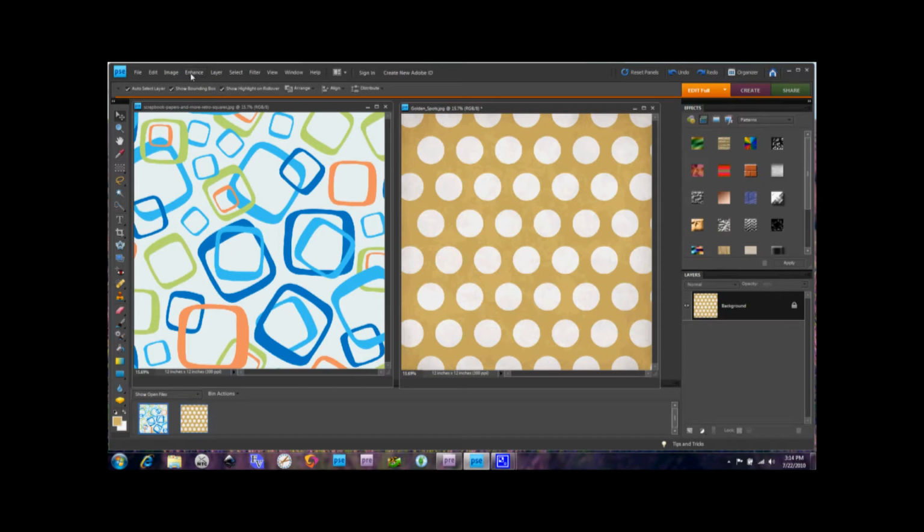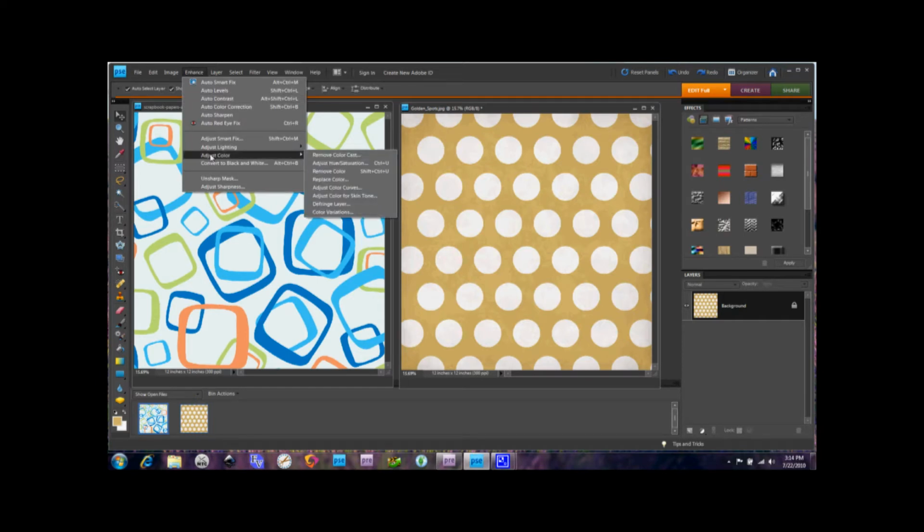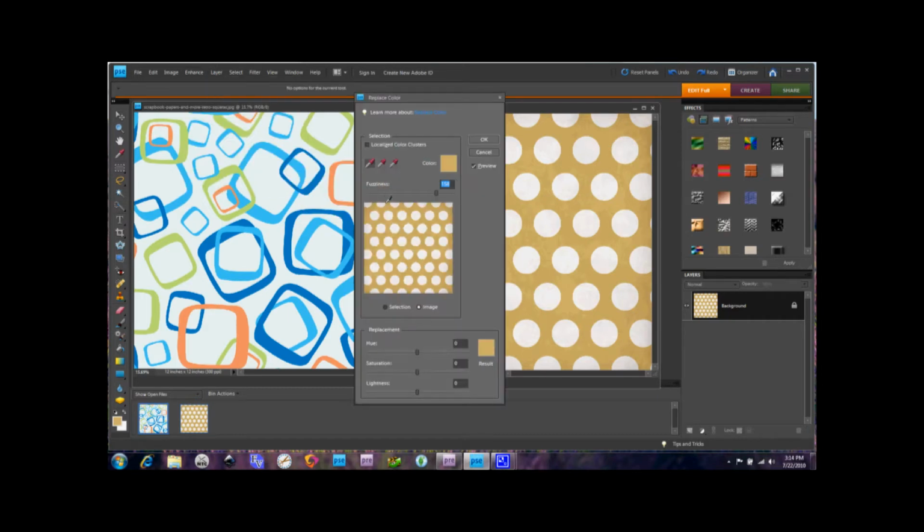And now we're going to go to our Enhance menu, go down to Adjust Color, go over to Replace Color, and we get this little screen that comes up. And we know what paper we're working with here because it's right here in the middle of the screen. And when we take our cursor and drag it over on top of the paper, you're going to see it turns into like a little eyedrop tool,